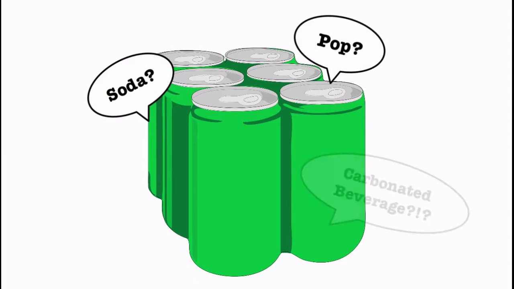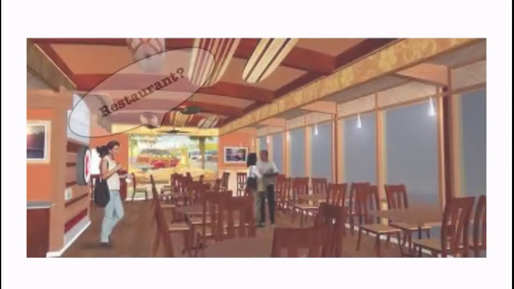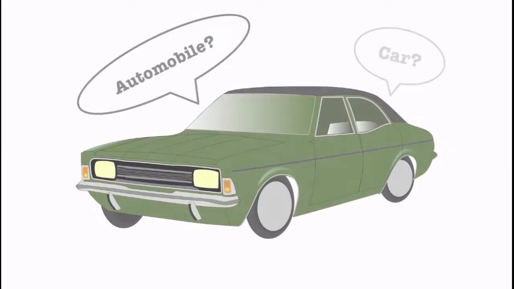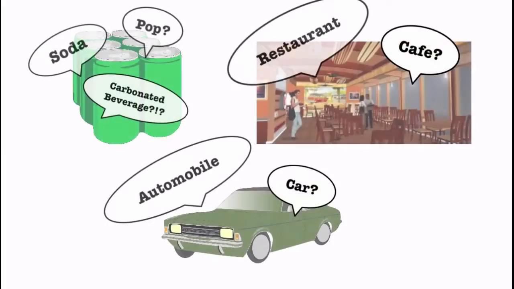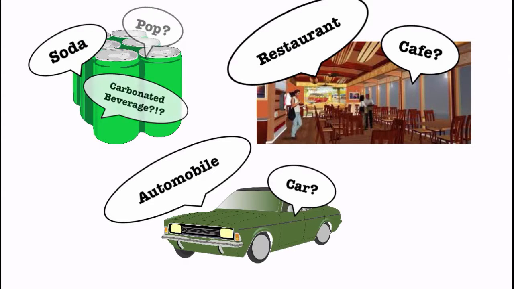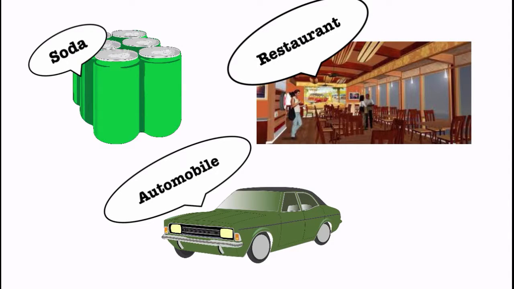For example, is this a soda? Is it a pop? A carbonated beverage? Is this a restaurant or a cafe? Is this an automobile or a car? Databases use controlled vocabularies to choose one term and decide that they will use only that term when sorting items